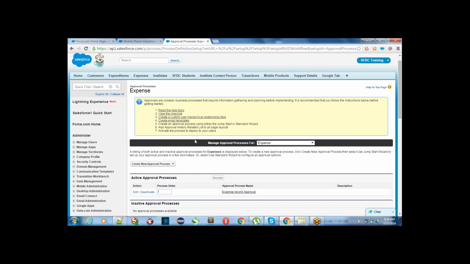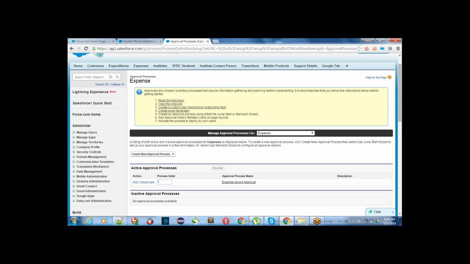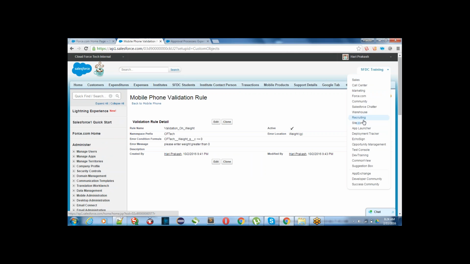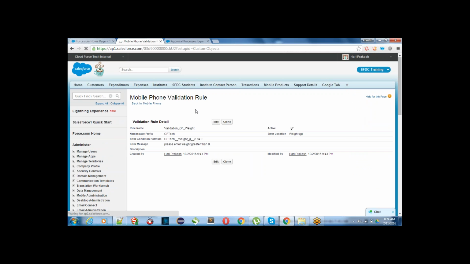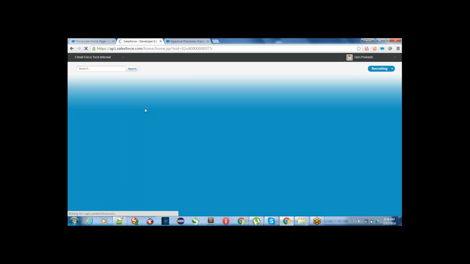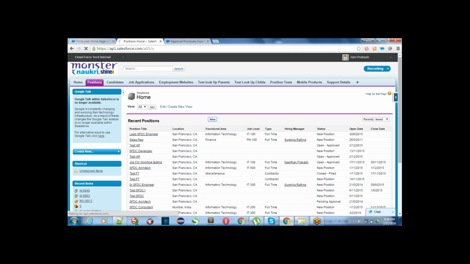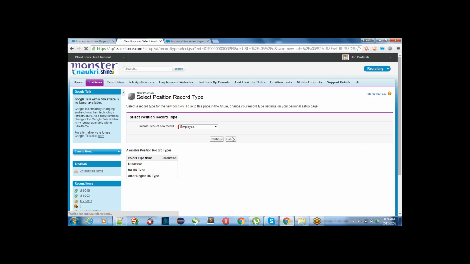Okay, so now what we can do, for example, I will take another object. Those objects you don't have, but try to understand the concept. There are some custom objects: position, candidate, and job application. Position means if there is any new position in a company, HR people generally create a new position. So when they create a new position, the condition is